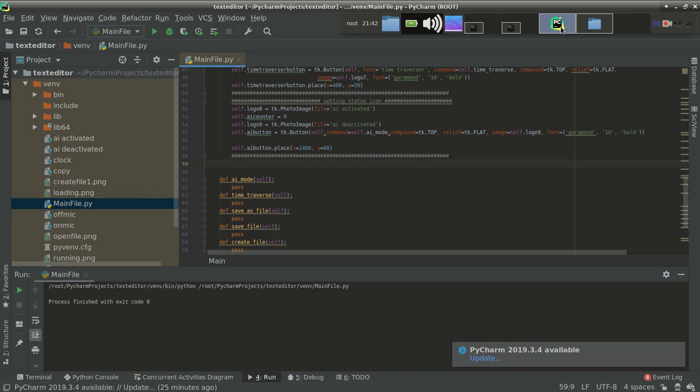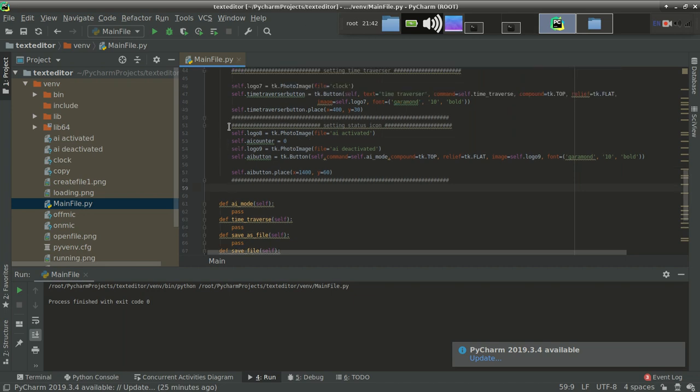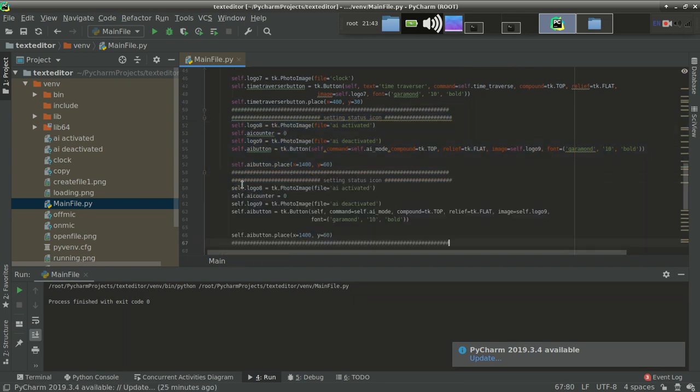So again copy it, Control C, Control V, and provide the name as file addresser. That was the file addresser label.